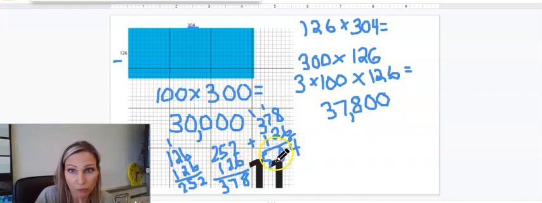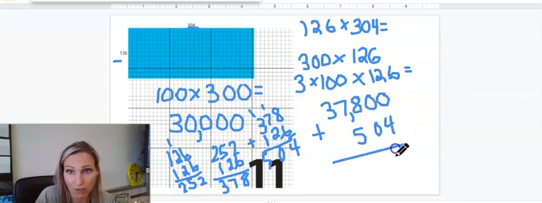So 4 groups of 126 is 504. So I'm going to add that to what I had already, which was 37,800, and I get 8 plus 5 is 13, this would be 8,